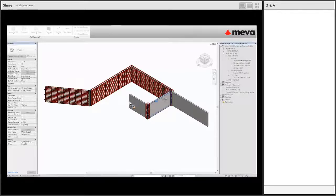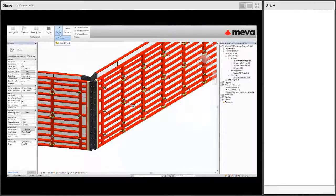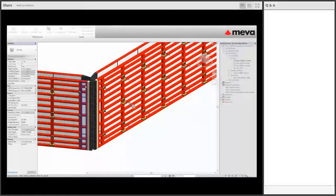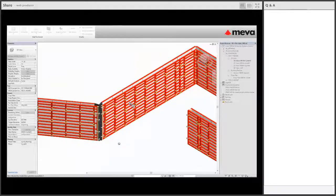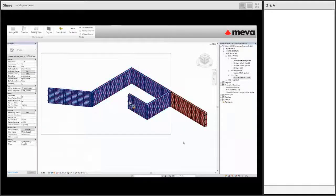This is basically a live screenshot of one of their detailers putting together the form workshop drawings for a job. Now, this is obviously someone who's had a lot of practice doing this, and either they'll have to create a concrete model or you have to create a concrete model for all your bulkheads. But basically, what you'll end up with is an extremely detailed breakdown of how much formwork